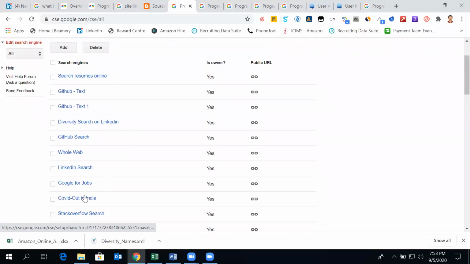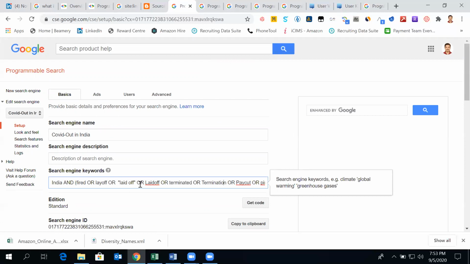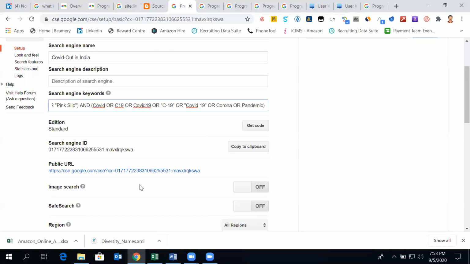Google for Jobs, COVID out India. These are still ongoing, like Indian fired, layoff, laid off, terminated, termination, pay cut, pink slip, and COVID pandemic.